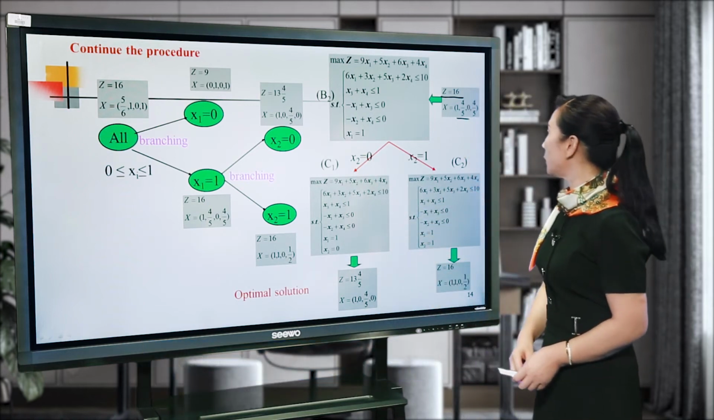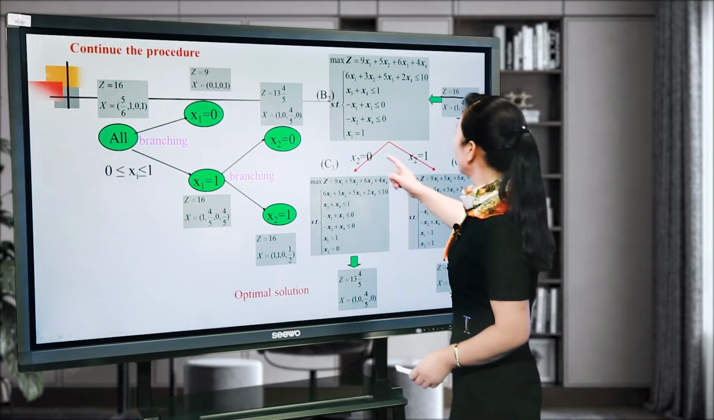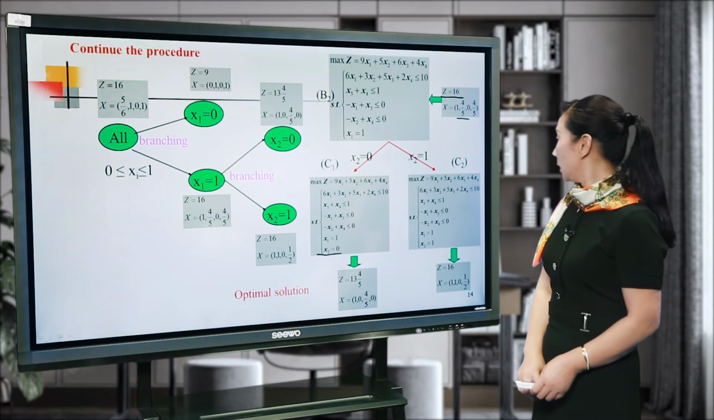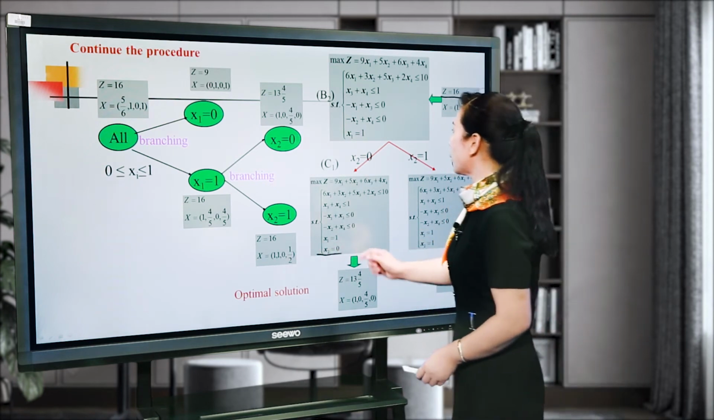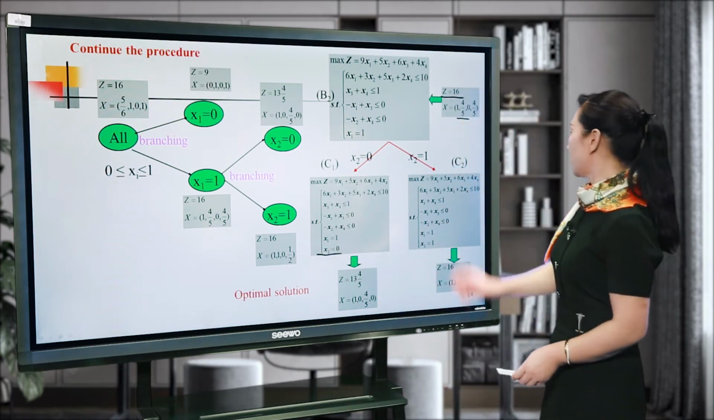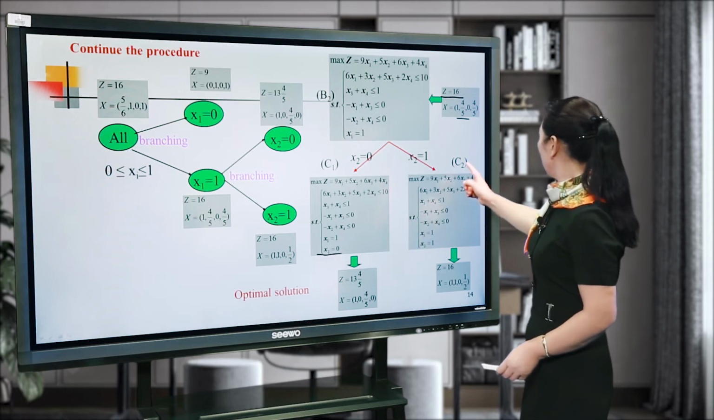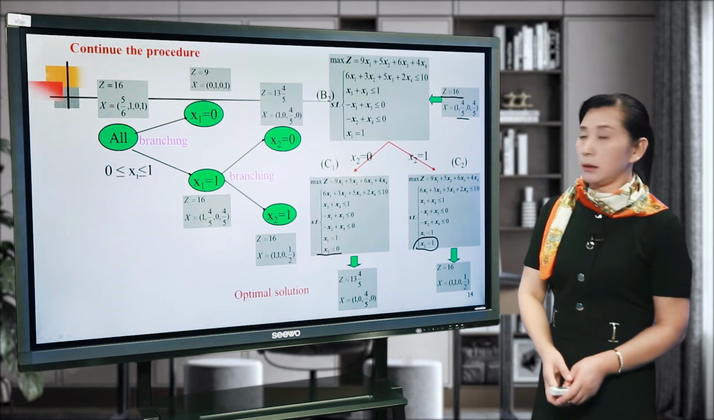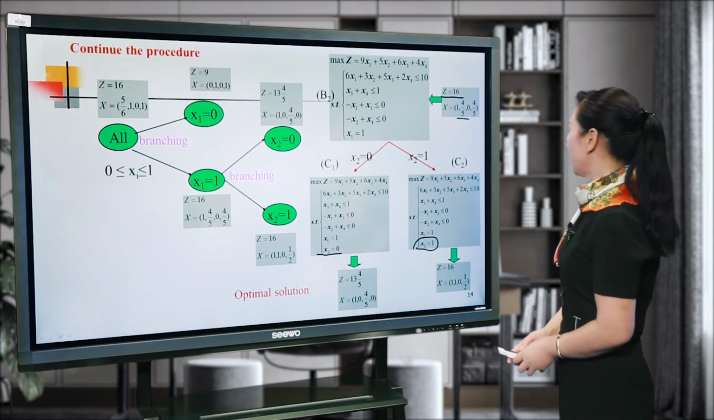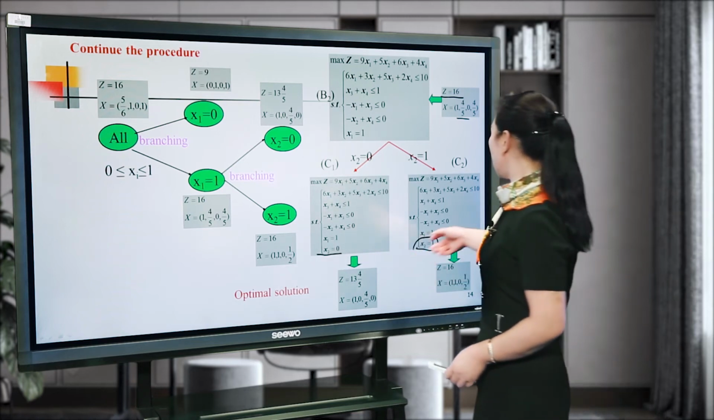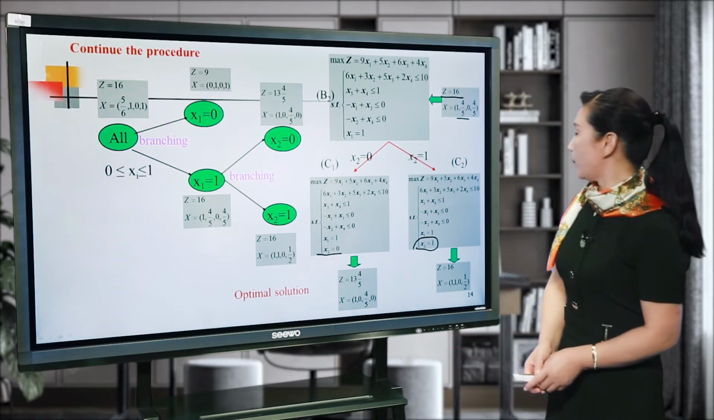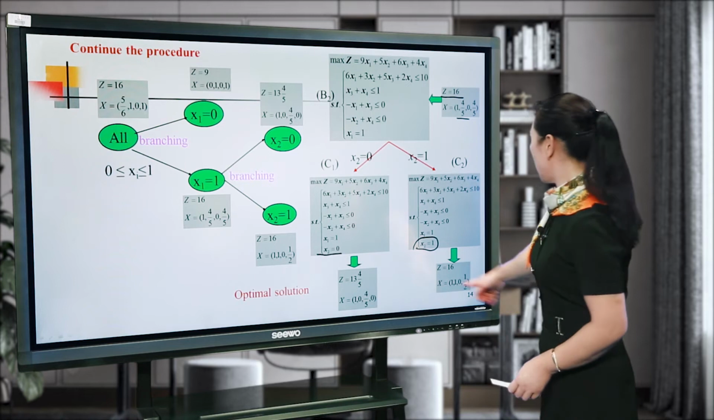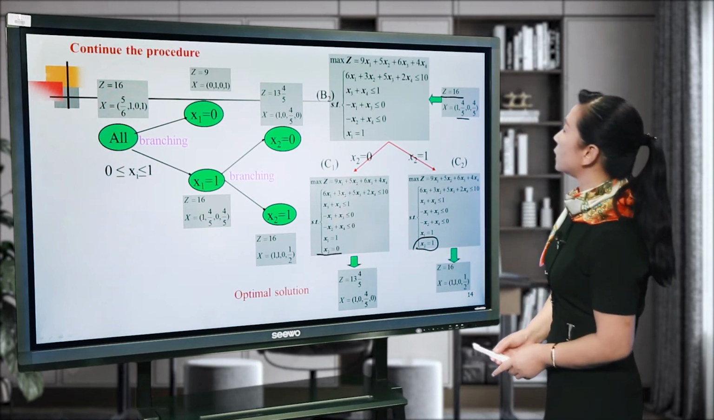In the C1 problem, we notice that we added another constraint, x2 equal to 0. In the C2 subproblem, we add this constraint, and we get these two reduction problems and the optimal solution. This is the optimal solution, and we notice that